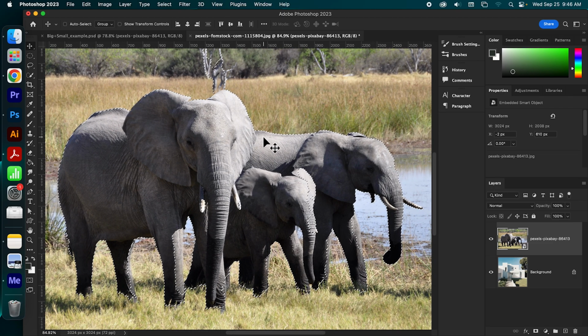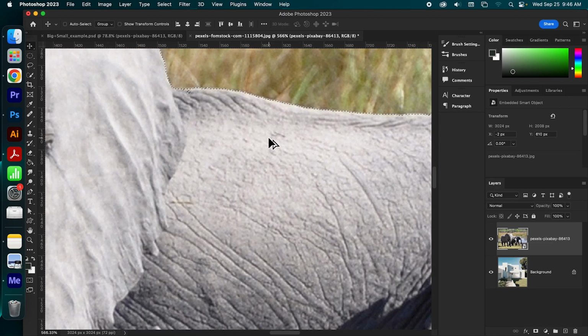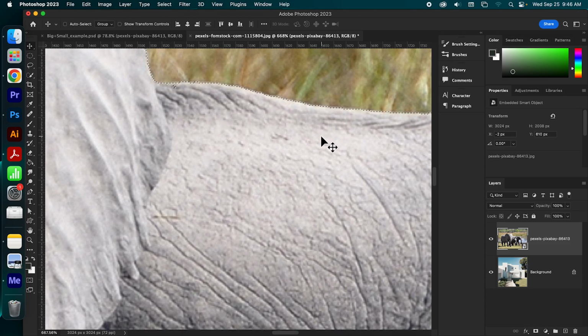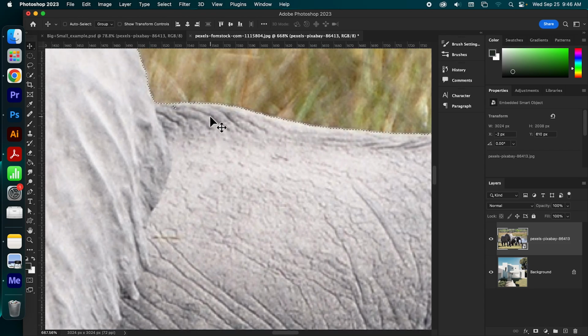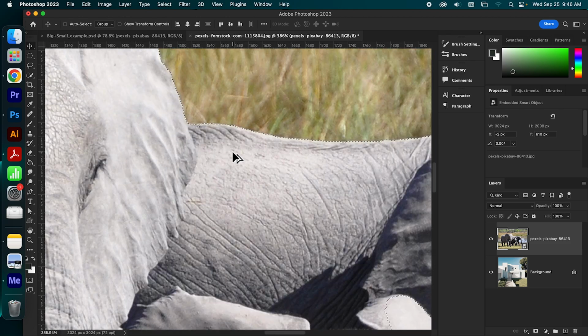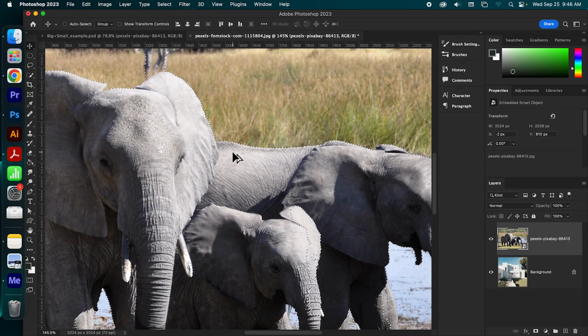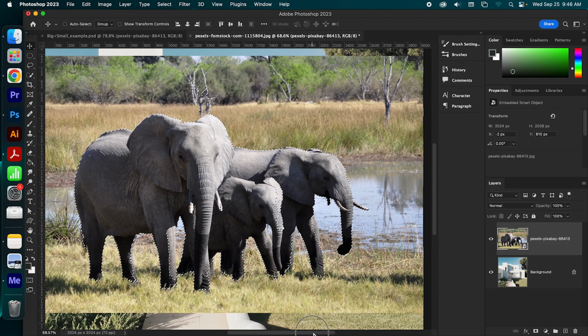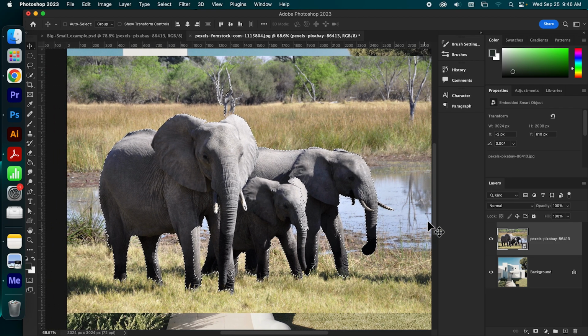You can tell that something is an active selection by what we call marching ants. This is actually what Photoshop officially calls them, and that is this dotted line that moves along the outside of your selection. So I've got my marching ants around everything that's currently selected.